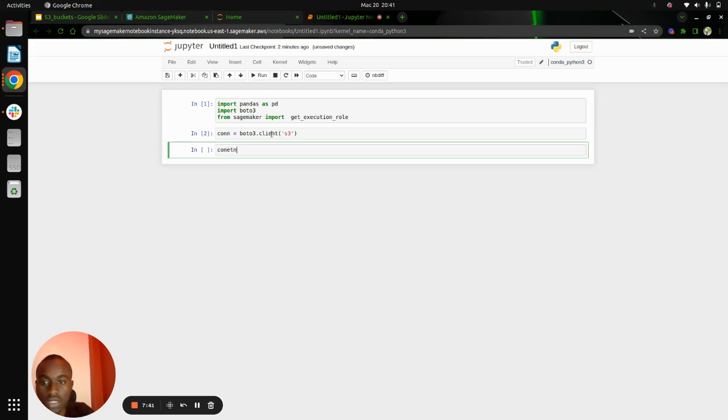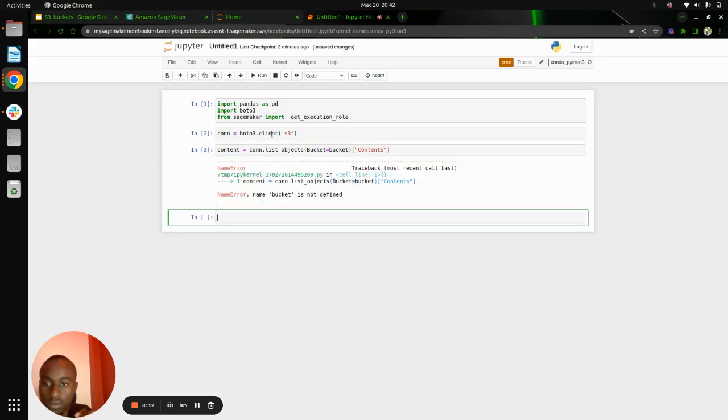Then I will get the contents from our client, that's our connection, using list_objects, with Bucket equal to the bucket, in a variable bucket, and then we need to have the Contents. If I run this, I will be sure to get an error because I have not